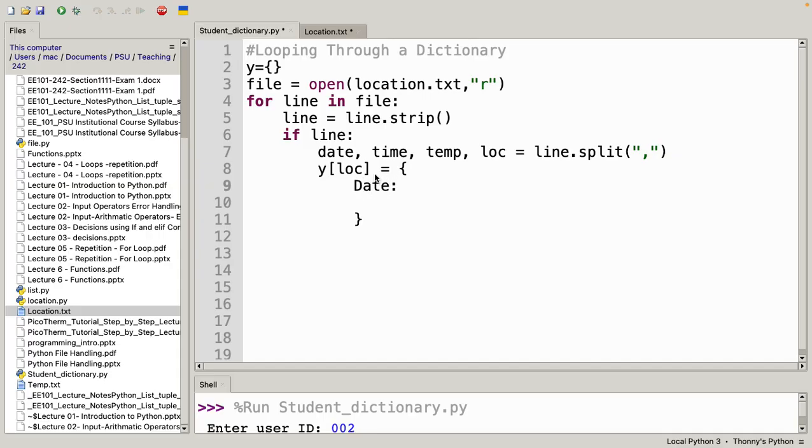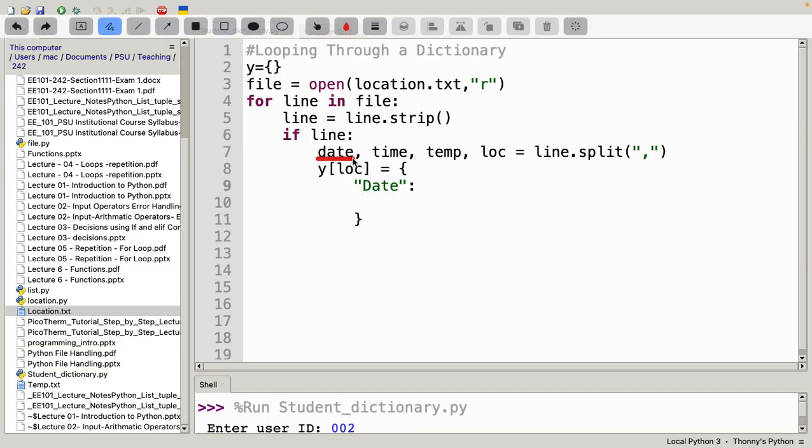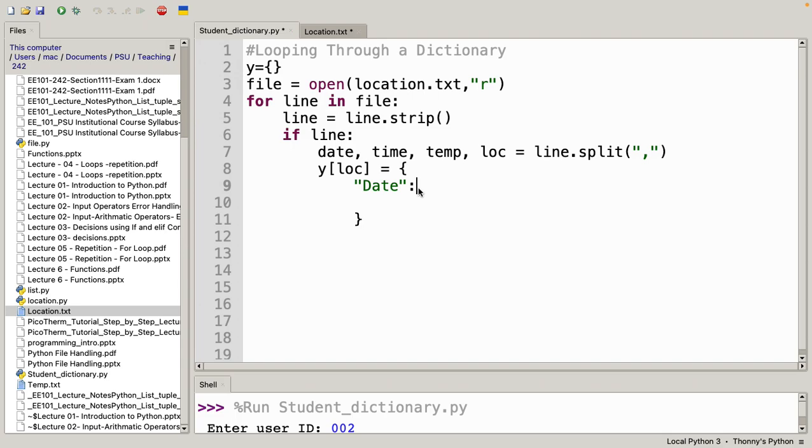same way as we previously defined the dictionary. Date is what now? Date is this variable, right? So date is the key, and the value is date.strip. Why? Because I want to strip any empty spaces from the date. Similarly, I want to do the time, and with the time I want to do time.strip as well,